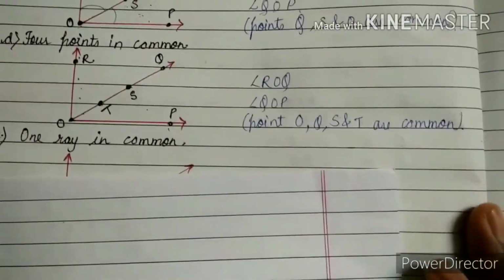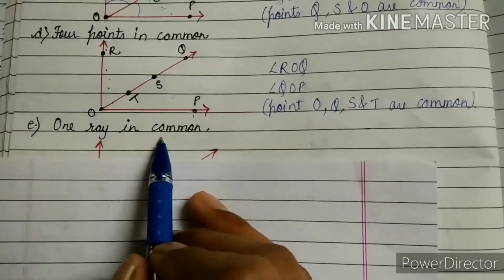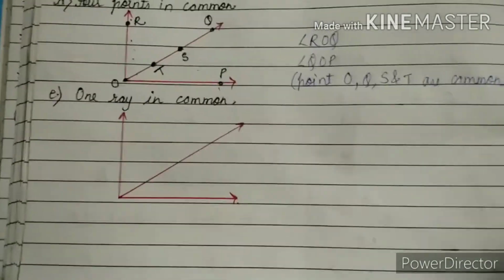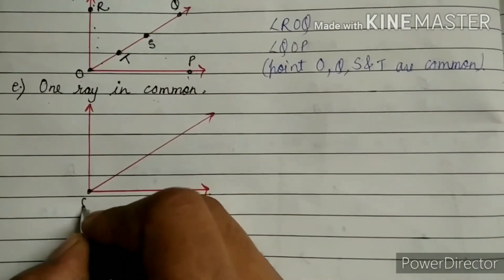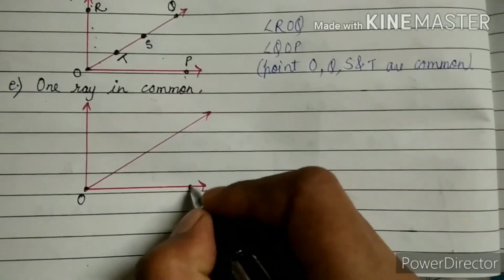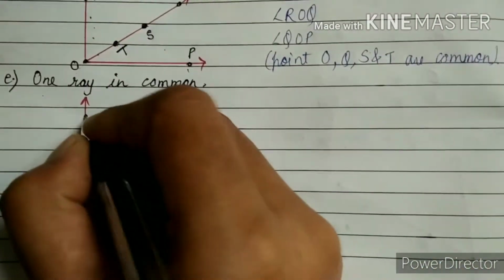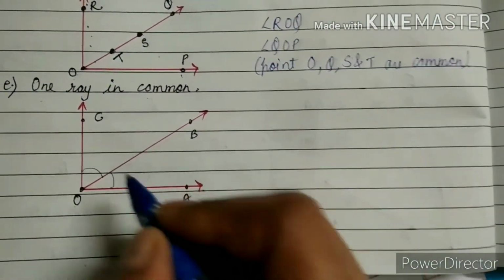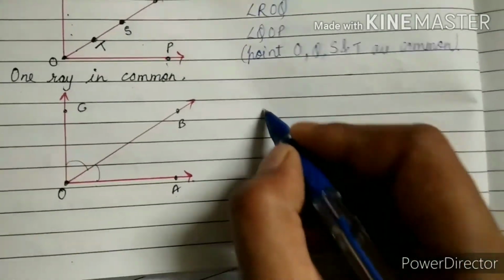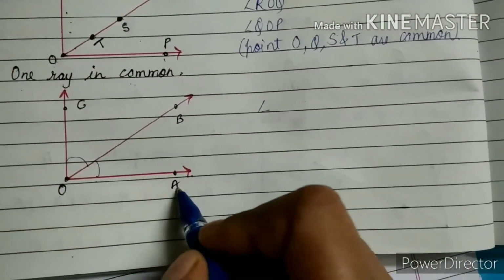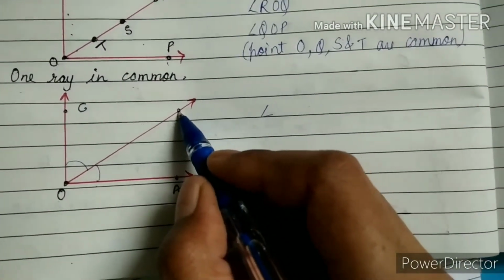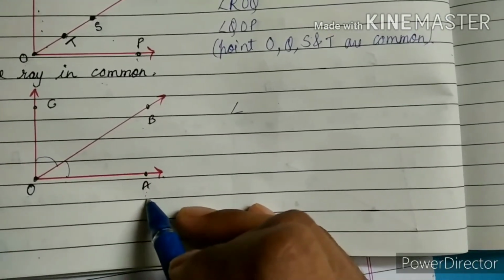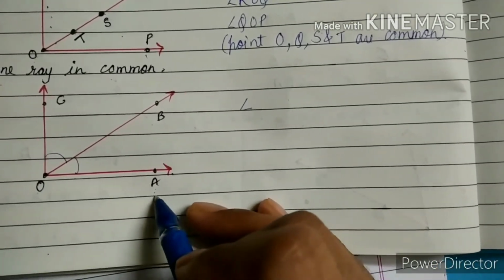Now the last question of the exercise, one ray in common. So the same figure I drew here. As you can see, here I am putting the vertex names. Vertex names we can put according to our choice, and here I put A, here I put B, here I put C. So for the angle names, first angle we will consider this, and next angle we will consider this. From here we are starting A. In the previous section I started from this ray. In this question, for your convenience, I am starting from this point.